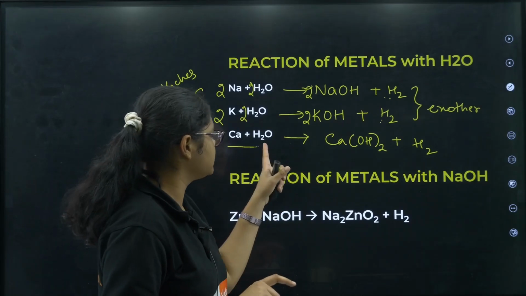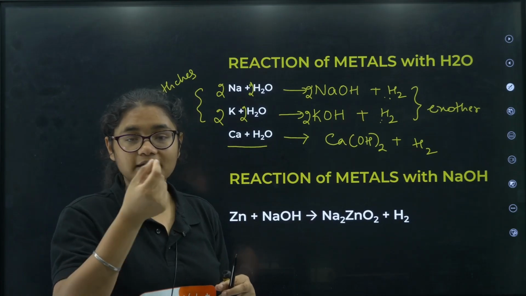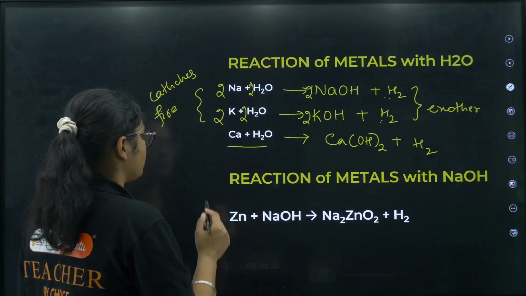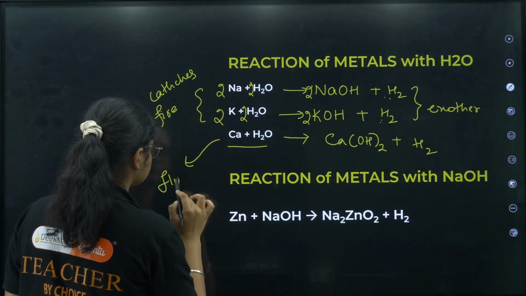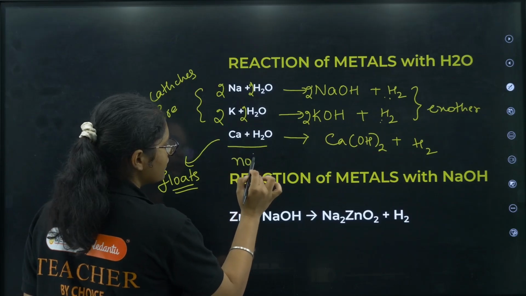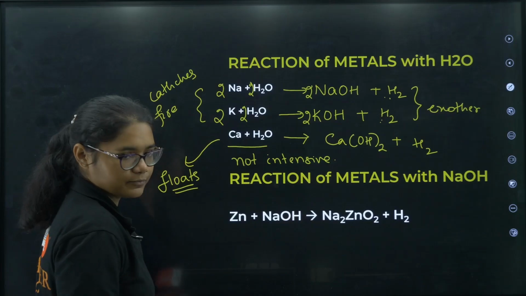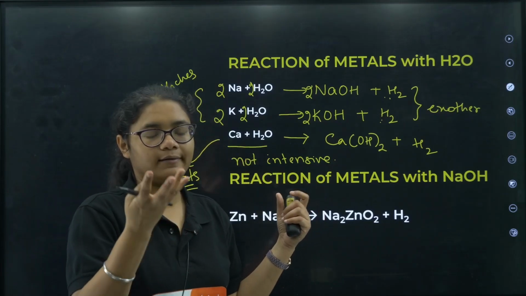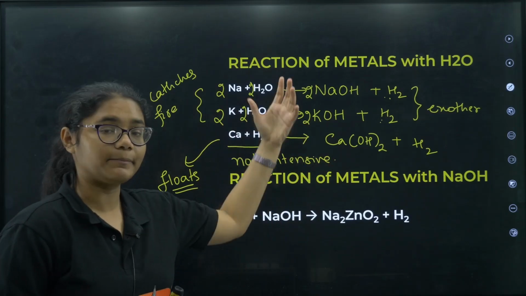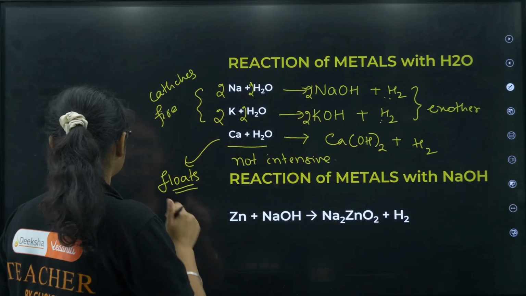But in case of calcium, we do not see that, and rather we see that calcium particles are floating on the surface. What is the reason for that? Here also this question is asked, very important. This one floats. What is the reason? So here you should first know that this reaction is not as intensive as compared to the reactions of sodium and potassium, right? So there is a gradual evolution of H2. The reaction is very less exothermic compared to these two. And whatever H2 gas is produced,